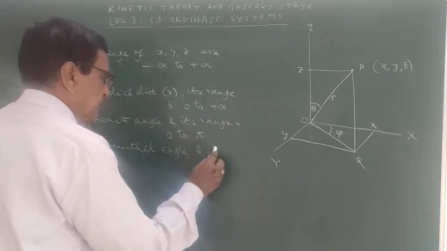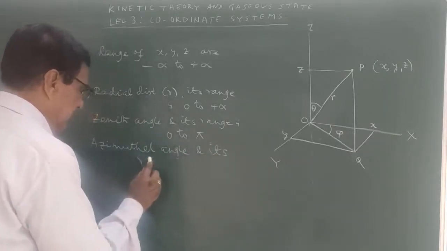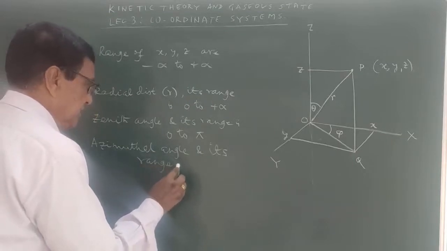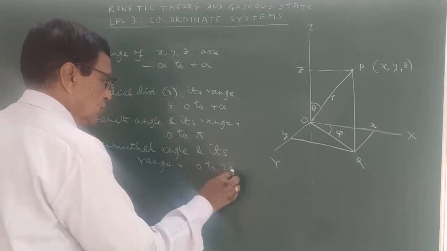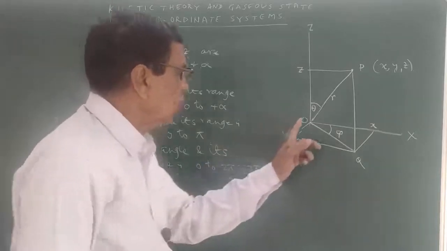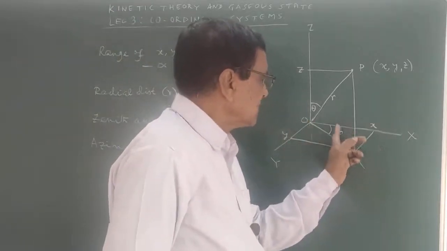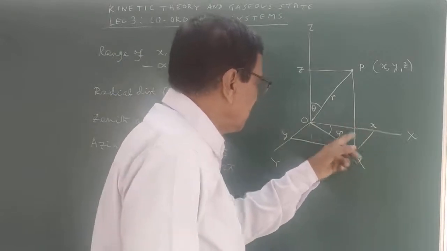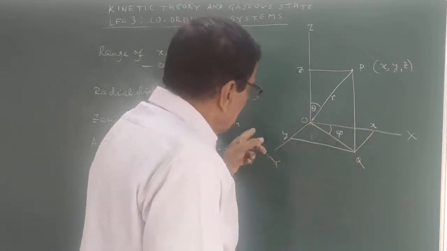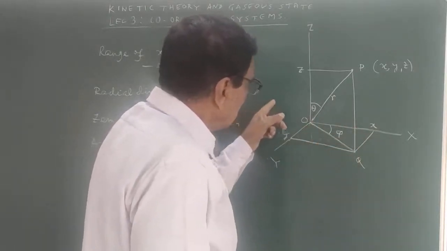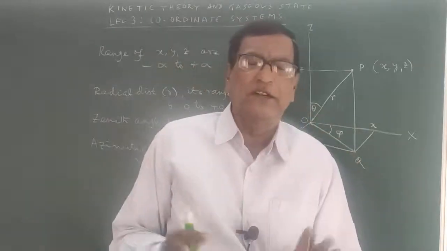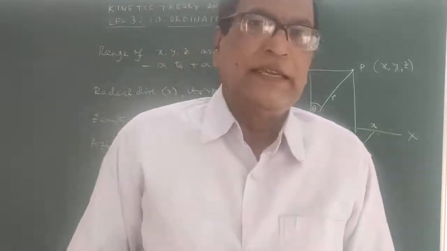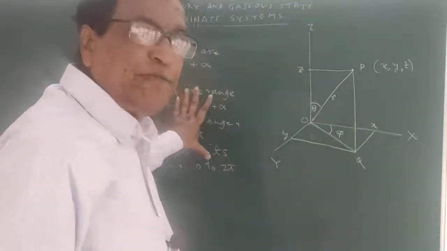And its range is 0 to 2 pi. Whenever this OQ coincides with this x-axis, it is 0, and whenever it rotates and comes again to this position, then it becomes 2 pi or 360 degrees. If you consider the full range,